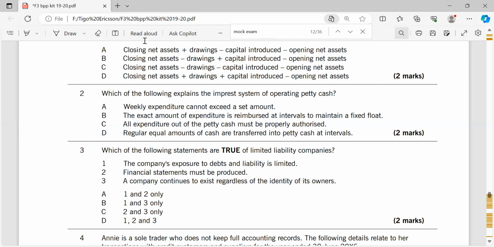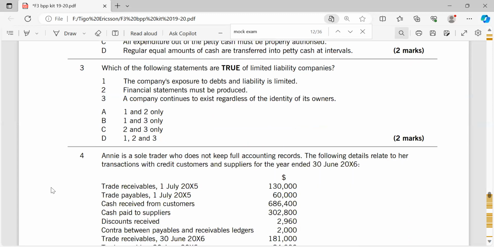I hope you got that. And actually, you can proceed with number 3. Now let's go to question number 3. Number 3 says,